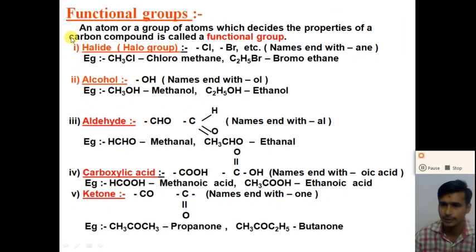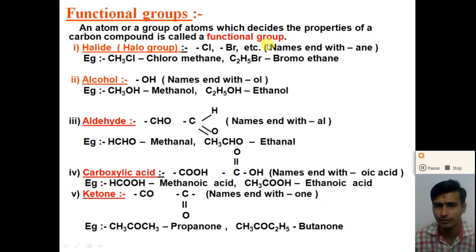Dear student, this question is very important for examination purposes, and it is very important for the 11-12 science chemistry, the basic concept of 11-12 science chemistry. So what is the functional group? An atom or a group of atoms which decides the properties of the carbon compound is called the functional group,